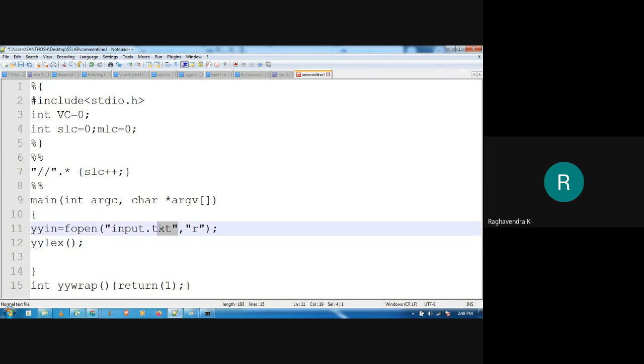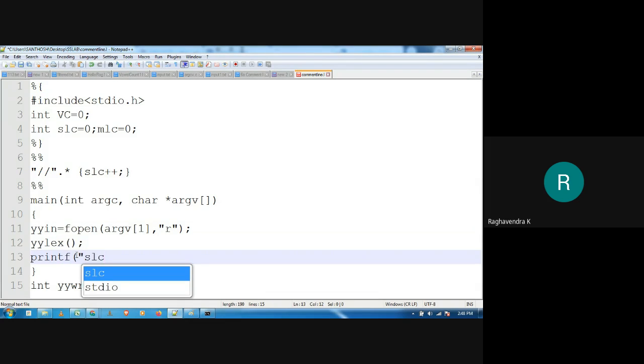I'll use the command line argument, so argv of 1. I will only use the first argument, and then printf single line comment is equal to %d. Let's try that out for single line comment. So let us see whether single line comment works or not.